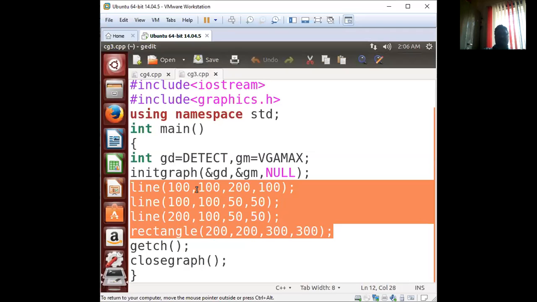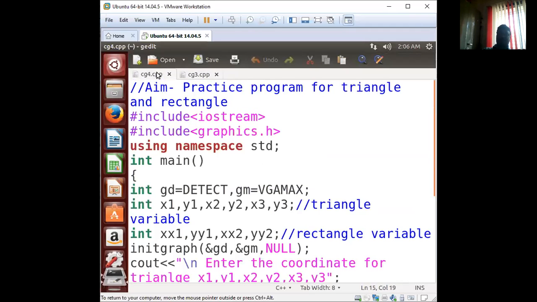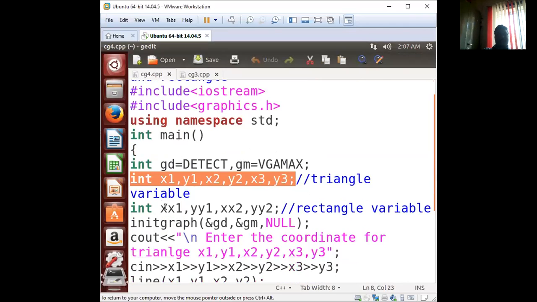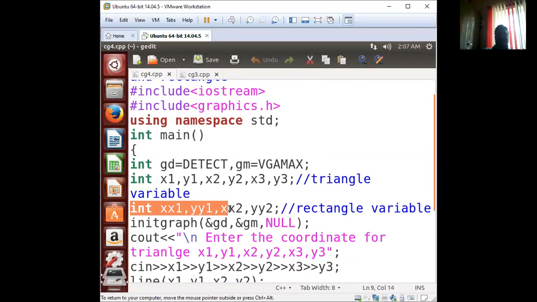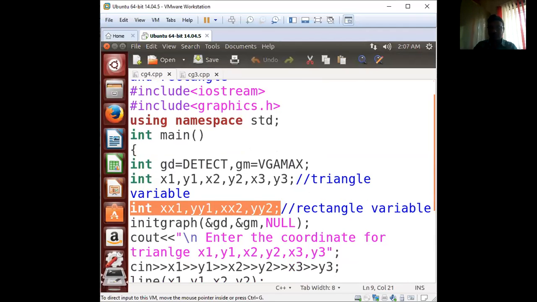The same program I am using, but with variables. So x1, y1, x2, y2, x3, y3 are the variables I am going to use for the triangle, and xx1, yy1, xx2, yy2 are the variables that I am going to use for the rectangle. Okay.